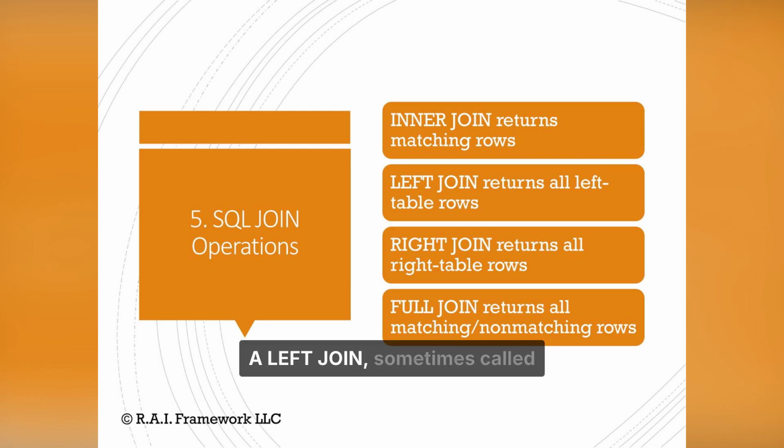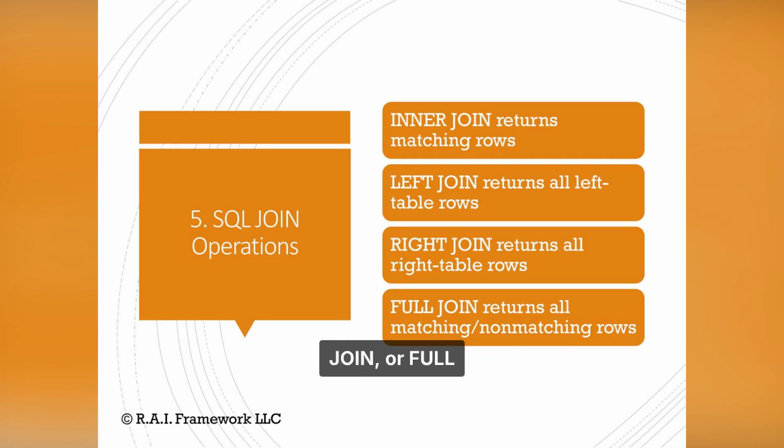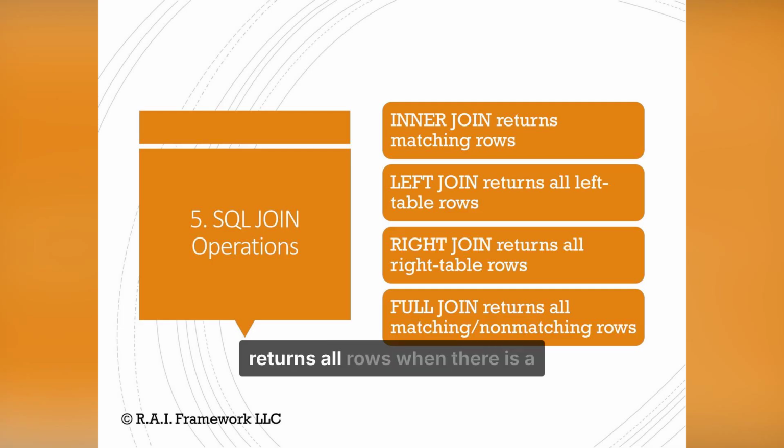A left join, sometimes called left outer join, returns all rows from the left table and the matching rows from the right table. If there's no match, null values appear for columns from the right table. Conversely, a right join returns all rows from the right table and matching rows from the left. Finally, a full join or full outer join returns all rows when there is a match in one of the